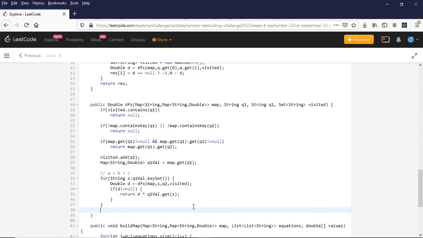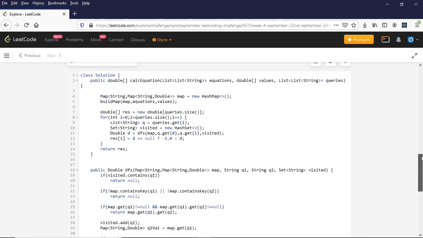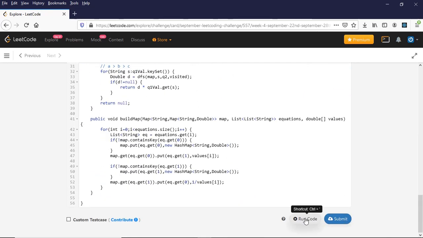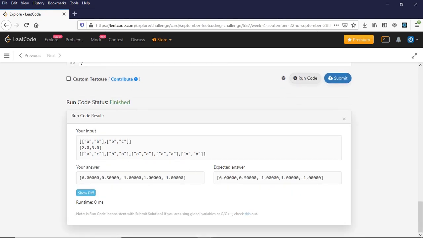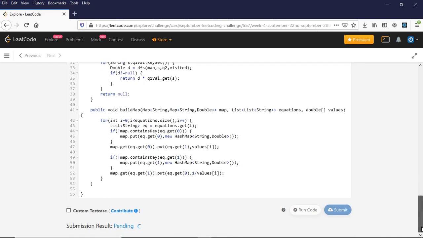And at the end of the for loop, if we are not able to find any path, then we can safely return null. Okay, that means there was no path. Okay, so this is the DFS function, and so DFS at the end it will give the D here. If D is equal to null, then we are returning -1, else we are returning D. Okay, so yeah, I think this should be good. Let's run this code. And the expected answer is fine, so let's submit this, and the answer is accepted.